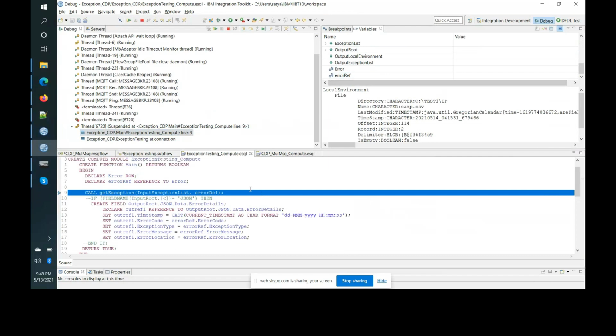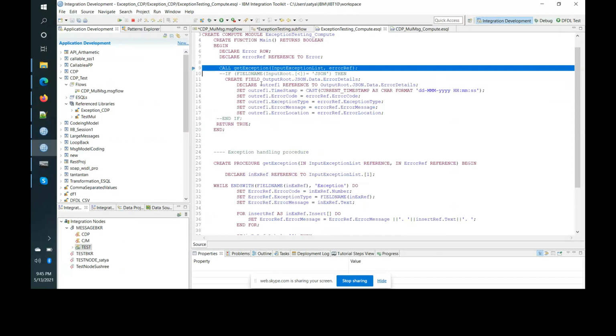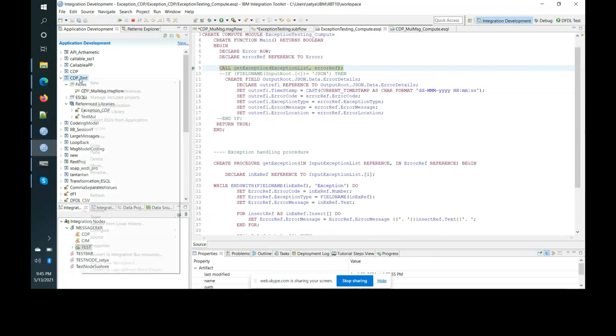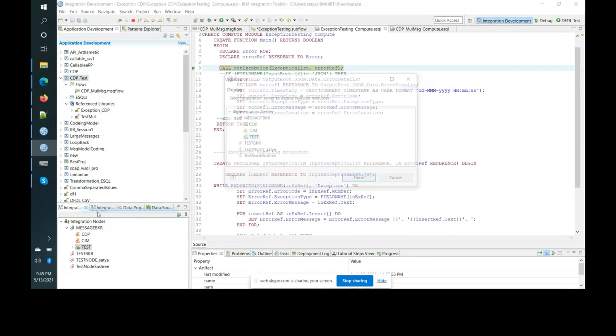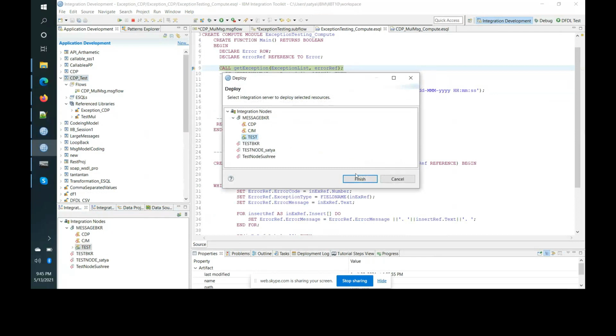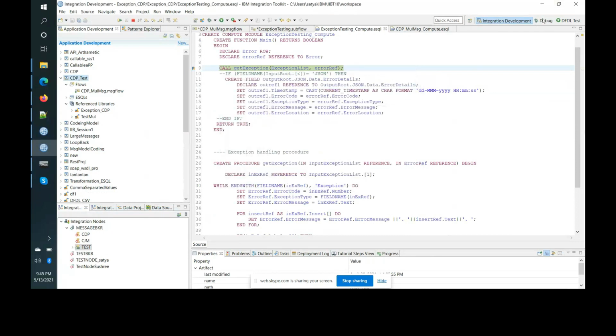Line number 9. Okay. Stop the debug first and then deploy.